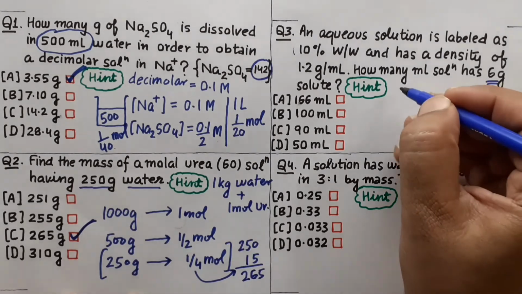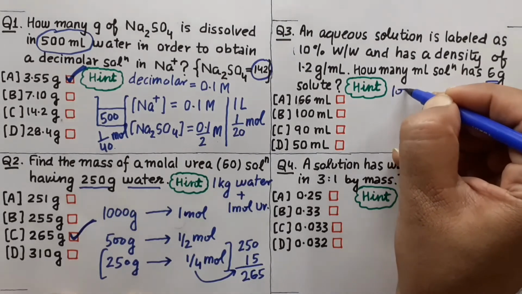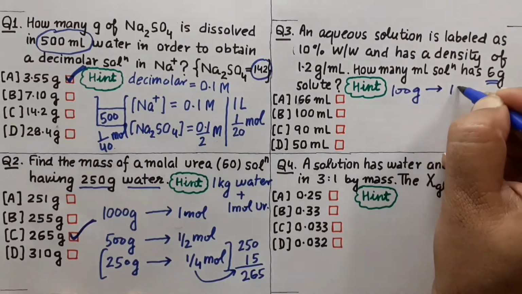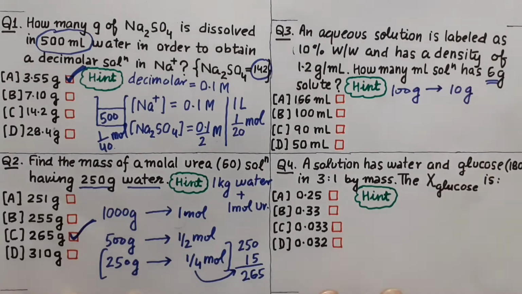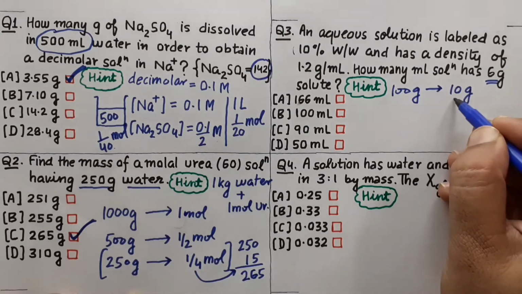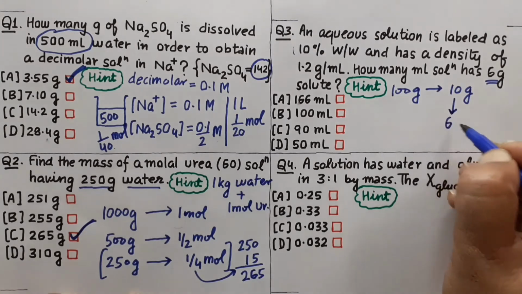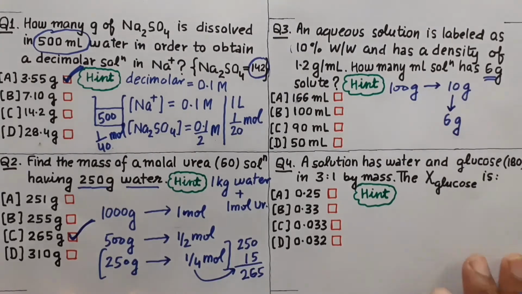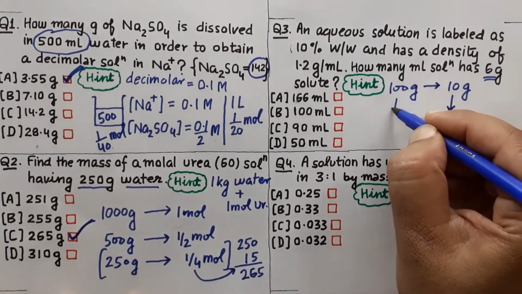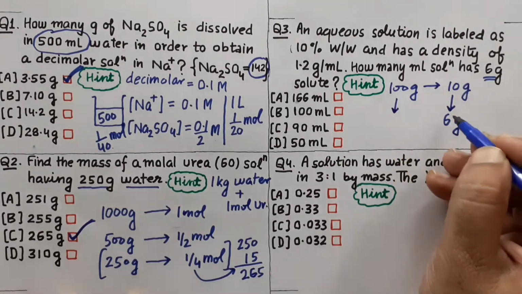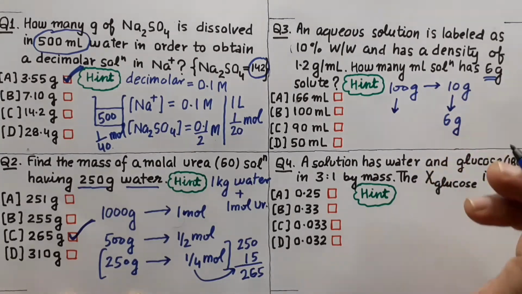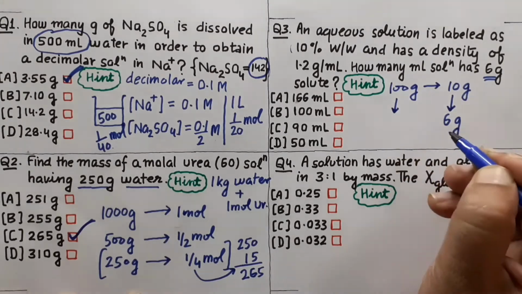तो इसका हिंट ये रहेगा 100 gram solution contains 10 gram solute, right? अब हमें 10 gram से 6 gram में आना है. So if you want to go to 6 gram solute, then you have to scale this down by a factor. You should know this. The factor is this, हमने 10 को 6 बनाया, so we have divided by 10 and multiplied by 6, so this will give us